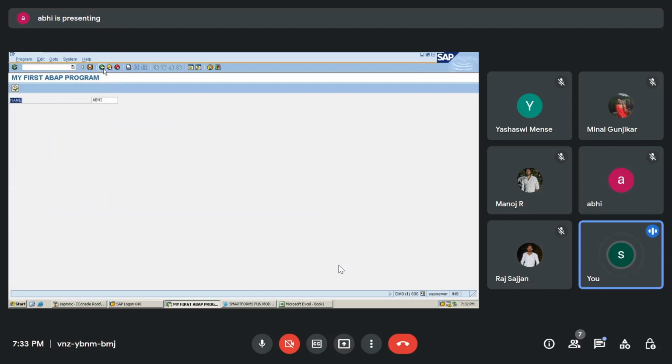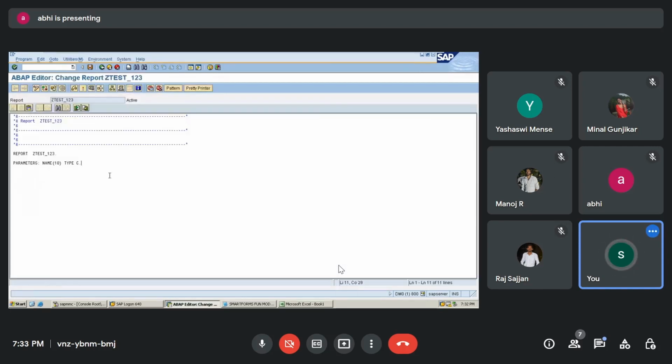So I'll go back and write this. I'll write this name, let's say with color 4. I'll print that name, whatever is called the variable name. So this is the variable, this is the data type, and this is the size. You remember this. With this variable, I'm printing the variable. Write is nothing but print. Parameter is nothing but taking the input. I'll save this, check this, activate this,